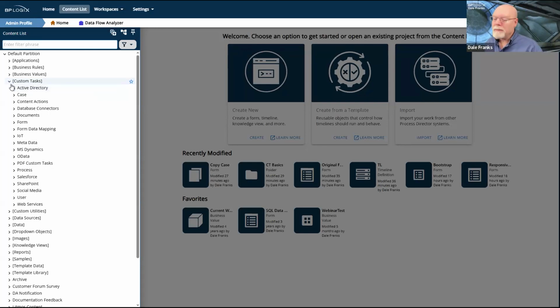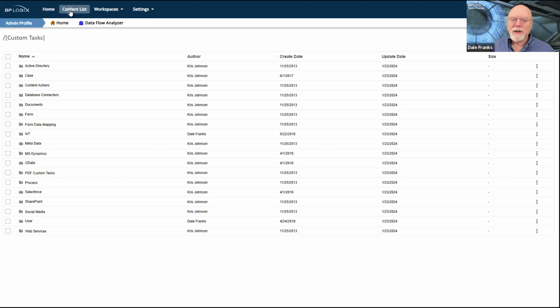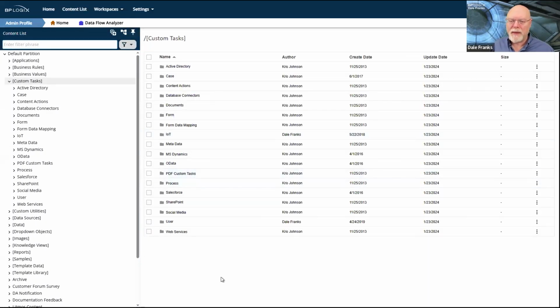The custom tasks themselves are generally universally usable. And let me just go into the custom tasks directly, and let me pin the content list so that we can see them both at the same time. Technically, all these custom tasks are perfectly usable. At least they used to be. Unfortunately, some of the data types for some custom tasks are not controlled by us. Back until about